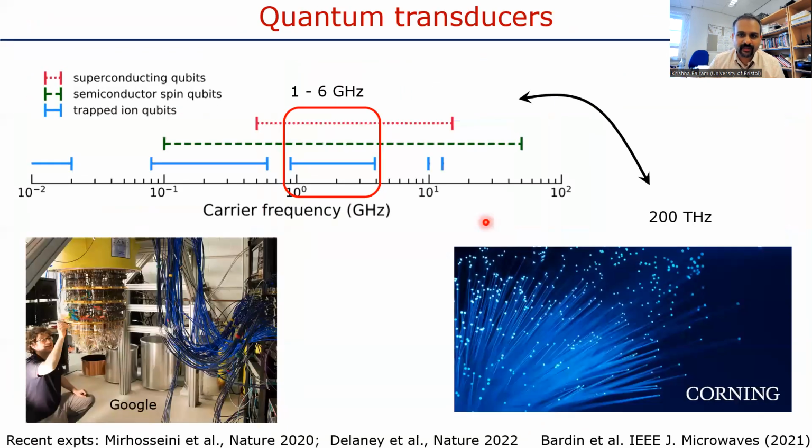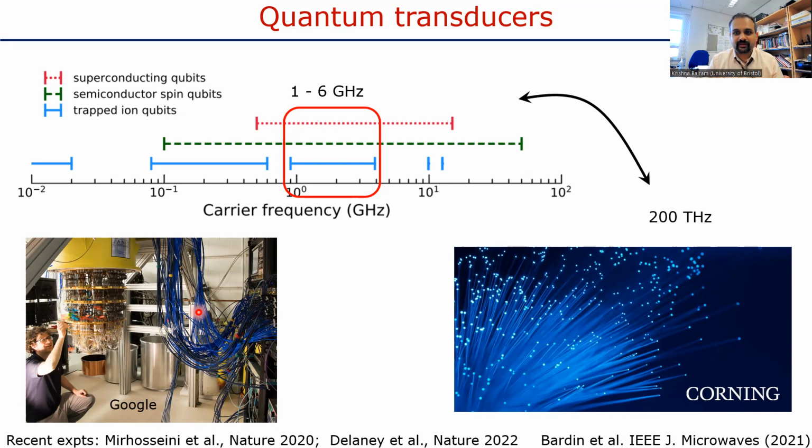So let's begin. The first problem I would like to discuss is the problem of quantum transduction. It's apparent that currently superconducting qubits are the dominant platform for quantum computing. On the other hand, despite the tremendous progress that has been made in these devices, they still have a major challenge, which is illustrated by this marketing image from Google's cryostat. You see this forest of RF cables, and this illustrates the main problem, which is that if you want to send quantum information between two superconducting qubits located in two distant cryostats, there's currently no way to do that.